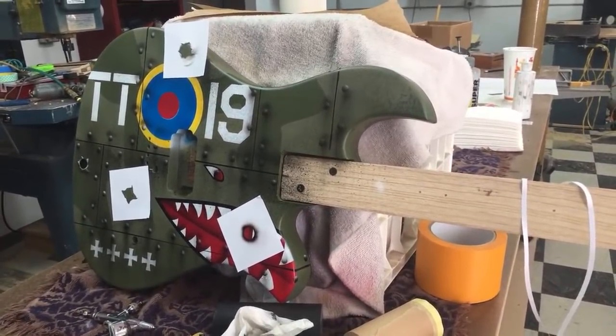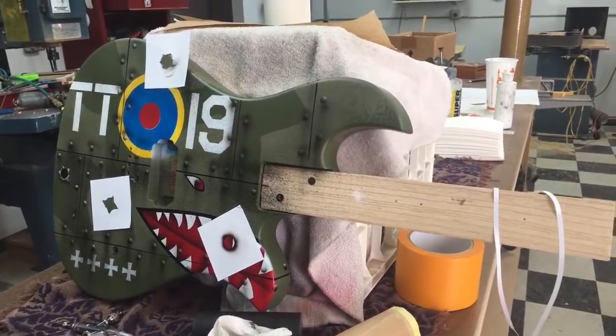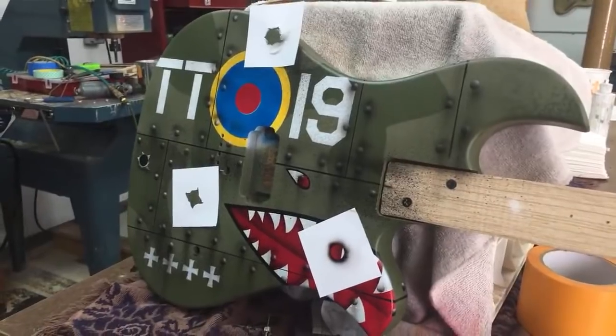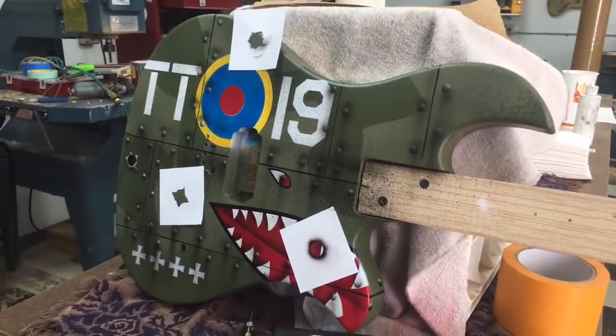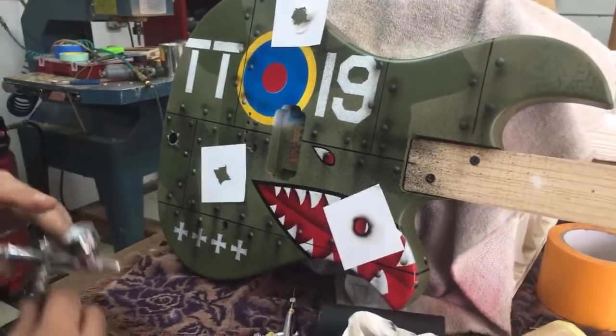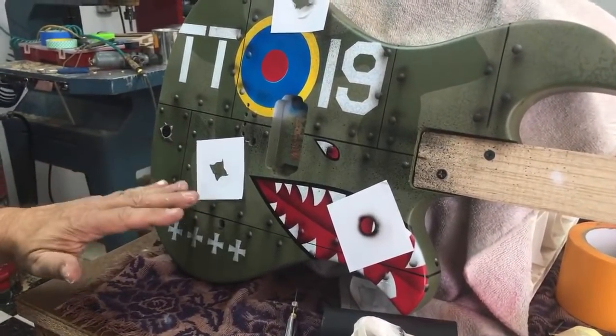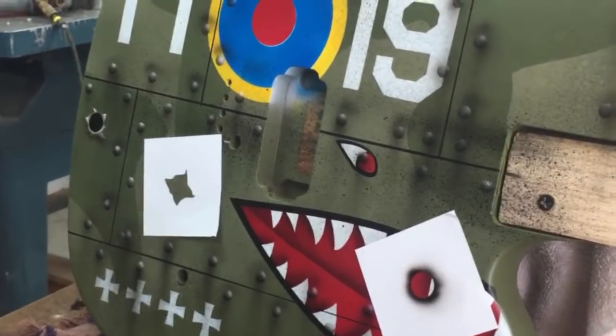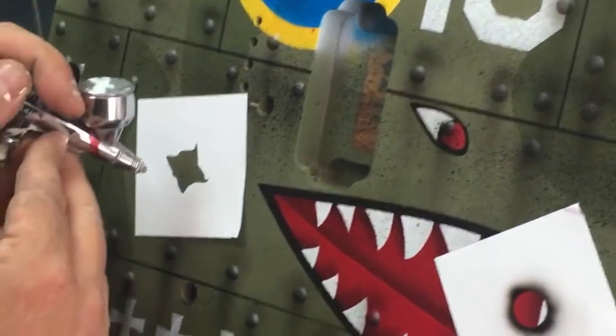So we're gonna repeat the procedure that we did. I'm gonna go through it with you guys one more time. Okay, here we go. Starting off with my white. You could do this with silver. The problem I found with silver is you get silver metallic everywhere, and you don't find out about it until you put your clear coat on. So I use this white,